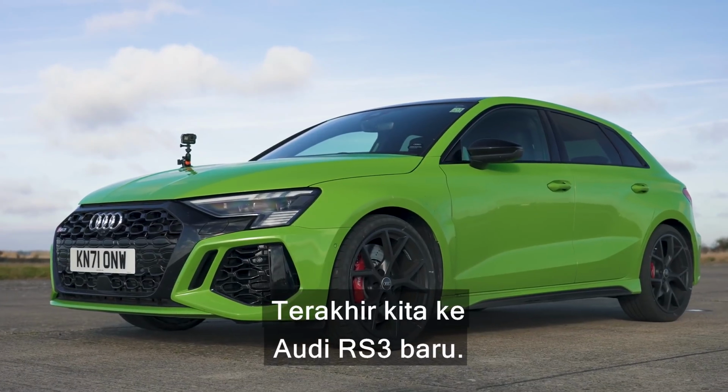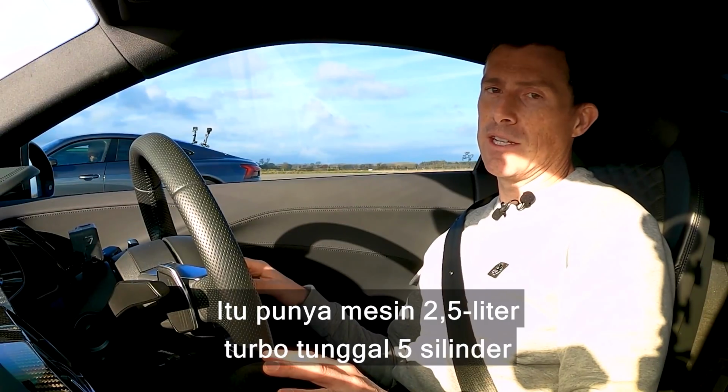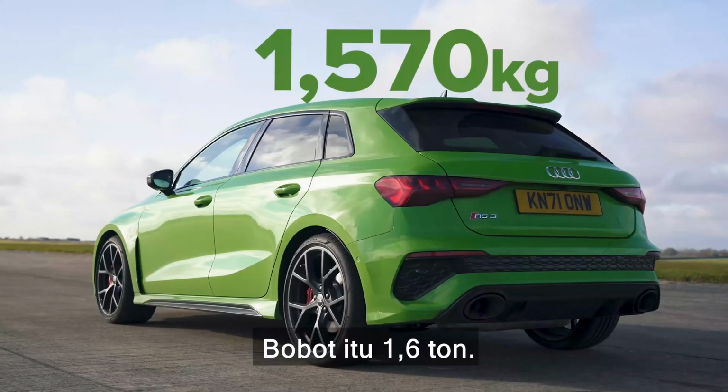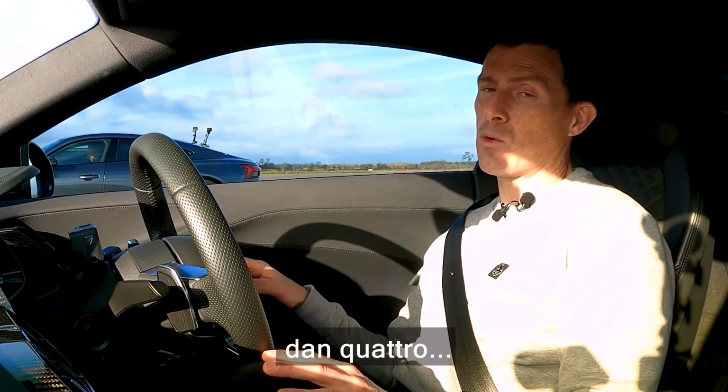Finally then we come to the new Audi RS3. Now that has a 2.5 litre single turbo 5-cylinder engine with 400 horsepower and 500 Newton meters of torque. That weighs in at 1.6 tons. It's got a 7-speed dual clutch automatic gearbox and quattro...